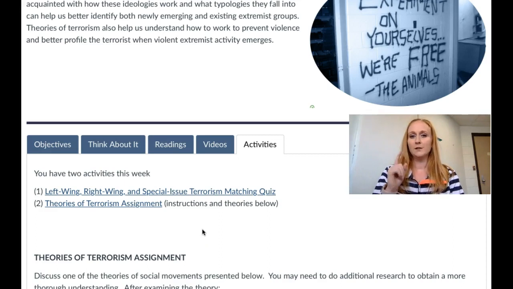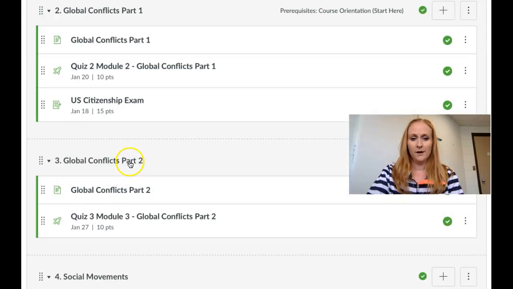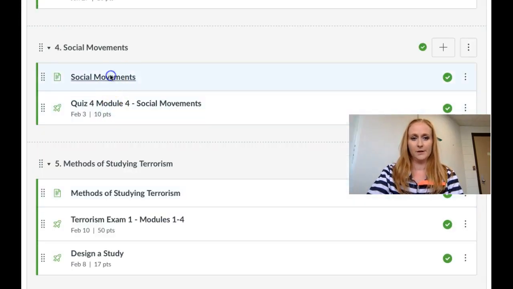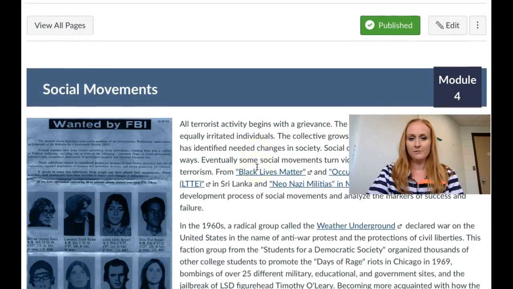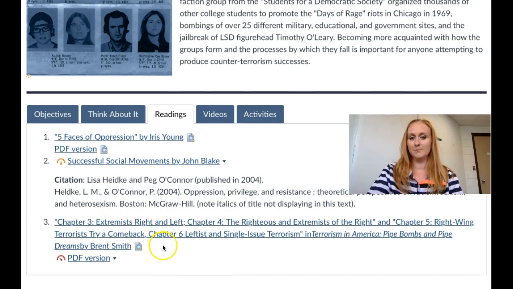So you will want to go to Module 4, and we can do that now, and I'll show you. Go to Module 4. I'm going to take a quick shortcut to get there quickly. And when you're in Module 4, go to the Readings tab, and this is where you're going to find Brent Smith's work, Chapters 3, 4, 5, and 6, that talked about right and left wing terrorism, and he had some typologies and charts that you will find very handy for that matching quiz.